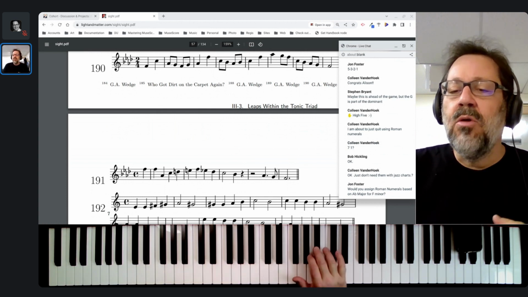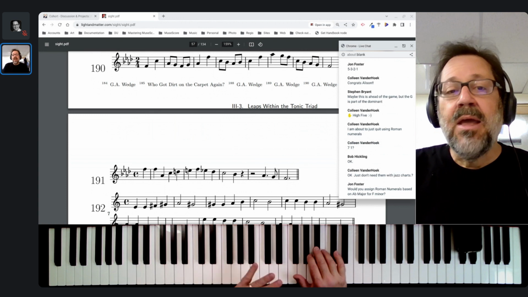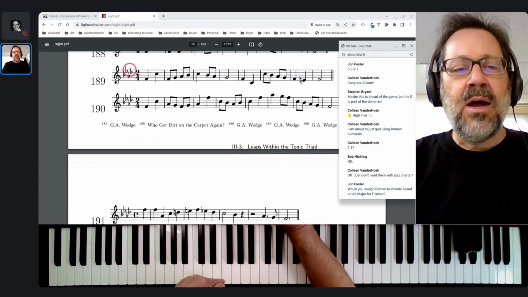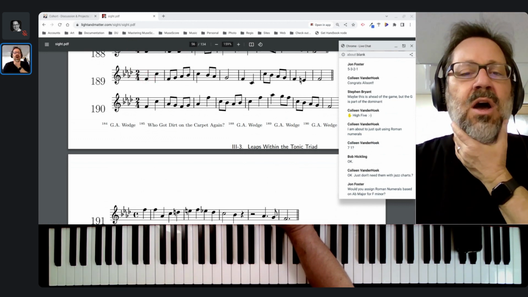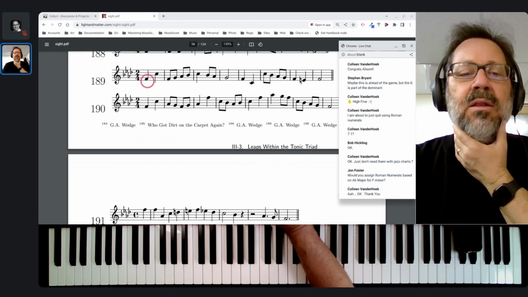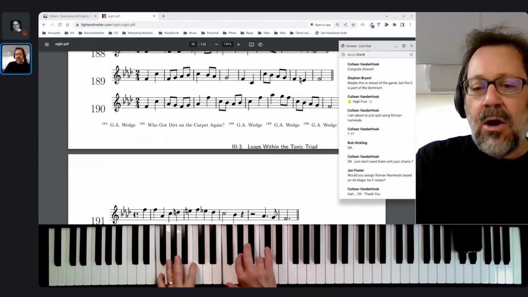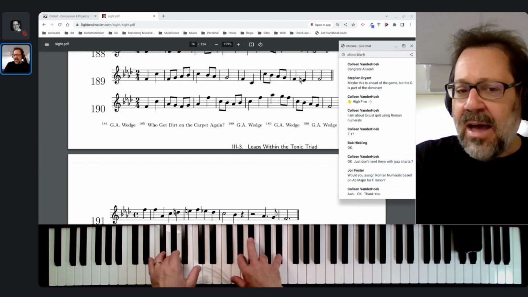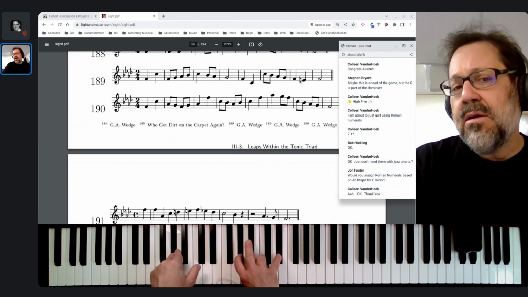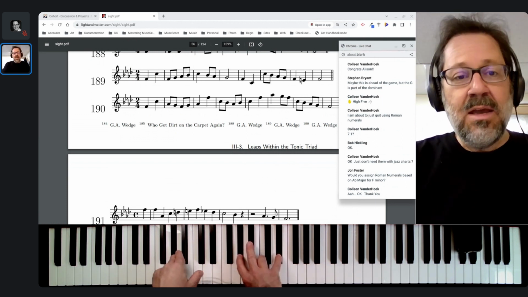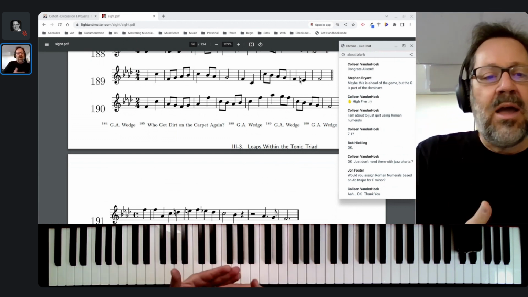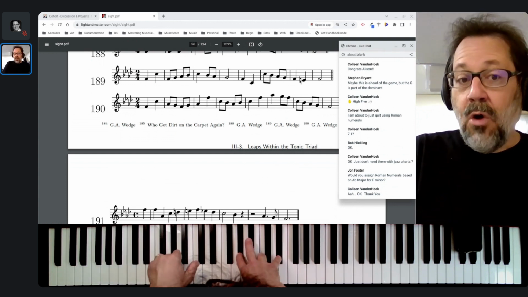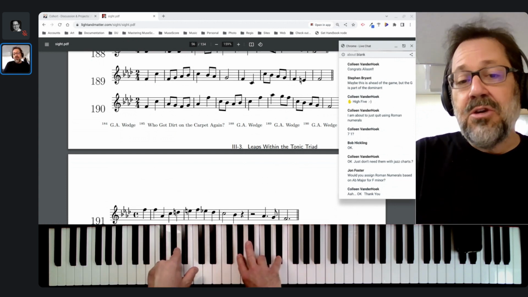So would I assign Roman numerals based on A flat or F? F, for sure. And the way I label them, and you'll see this when I post these lessons in a couple weeks, if I have an F chord, I call that 1. If I have an A flat chord, I call that flat 3 in Roman numerals. Yes, it's scale degree 3, but my Roman numerals I always give relative to the major scale. I am 100% consistent about that. So Roman numeral wise, I will always call that a flat 3 chord.